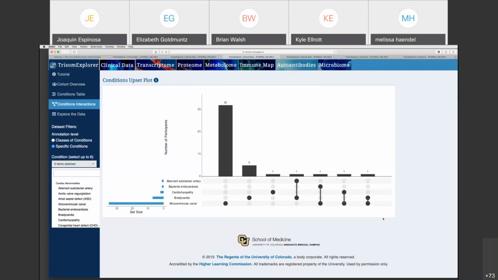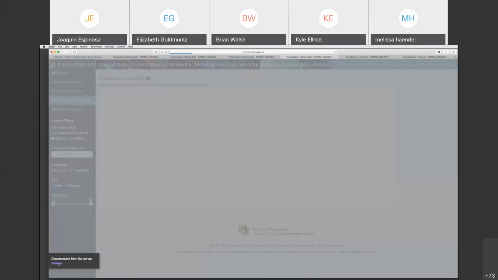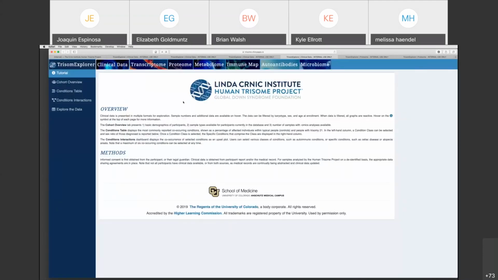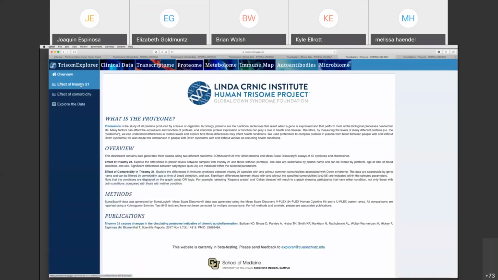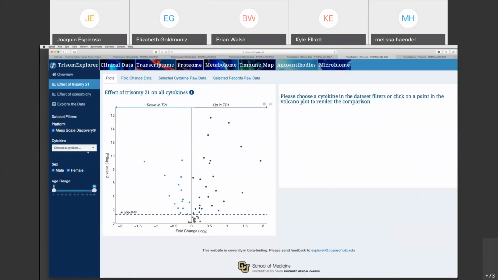Okay, again, this was beautifully explained in the previous talk. So now coming back to how this impacts on the analysis of omics data sets, I'm going to just show you one data set, the proteome. I don't have time to show you much more than that, but I can come here and just ask simply what is the impact of having an extra copy of chromosome 21,